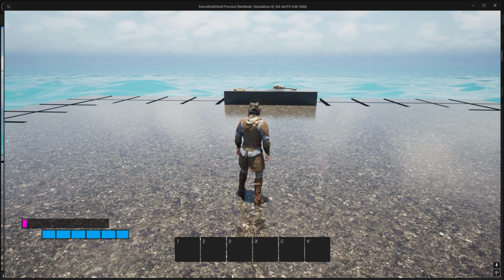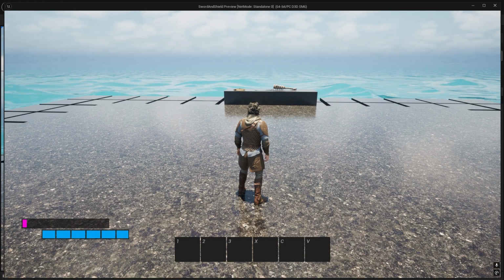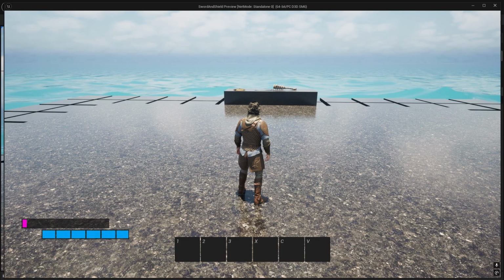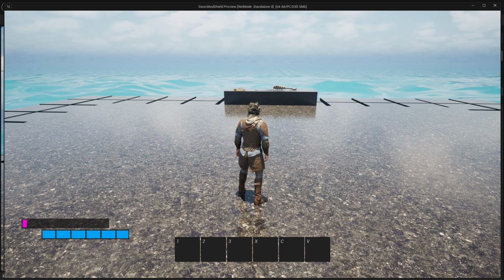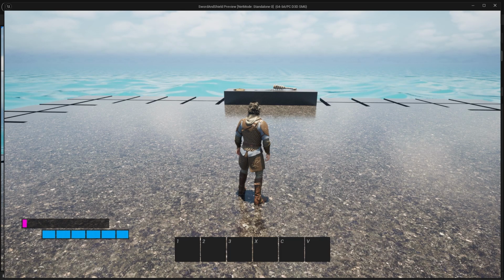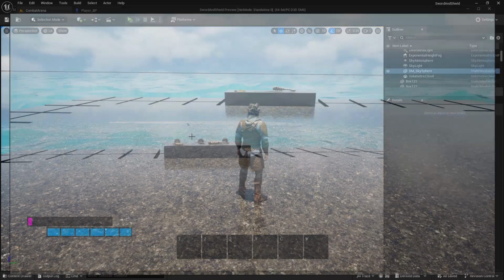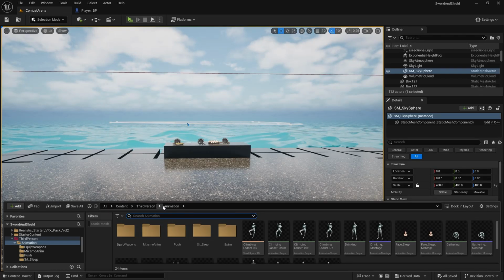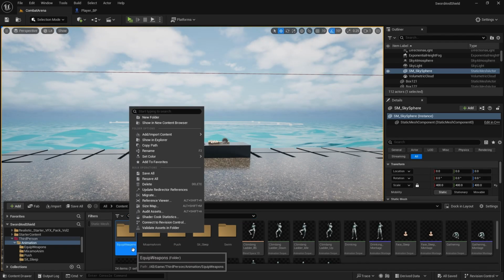Hey guys, in this video we're going to start creating functionality for equipping weapons to hands, and again I'm going to split it between a couple of videos because there is quite a lot of stuff we need to go through. First thing you want to do is go to your animations folder and here create a new one called equip weapons,